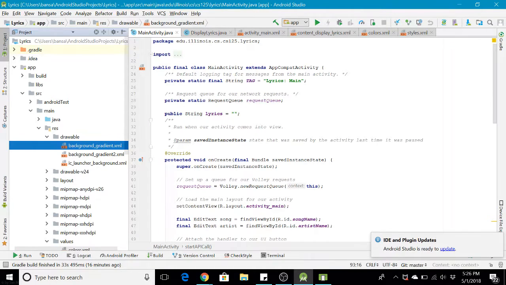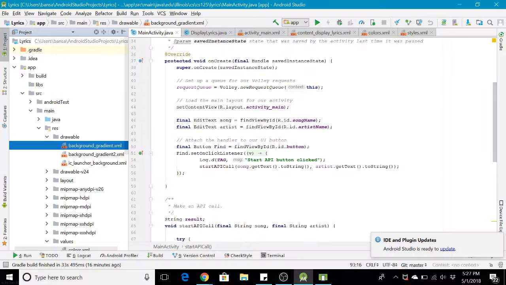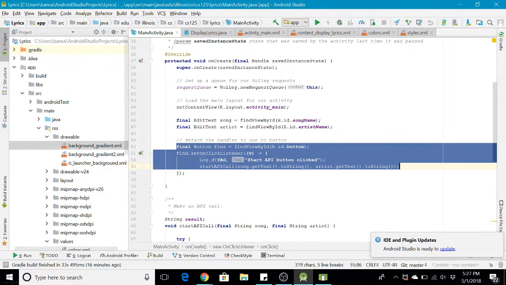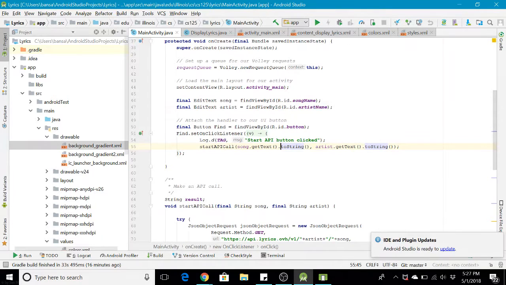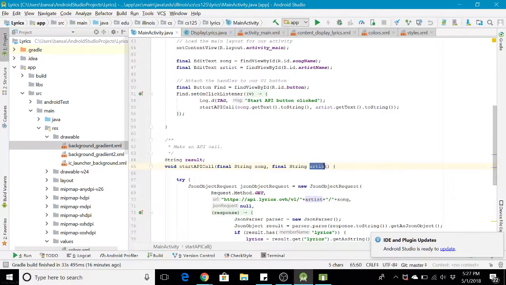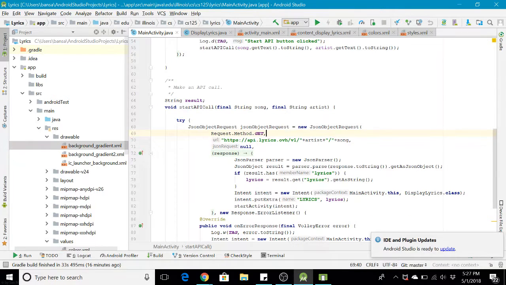So we first started working on our algorithm in our main activity here. As you can see, we start with the on click, which starts the API call. The API call executes the API with parameters of a song and the artist, puts them into the URL, and returns the JSON.